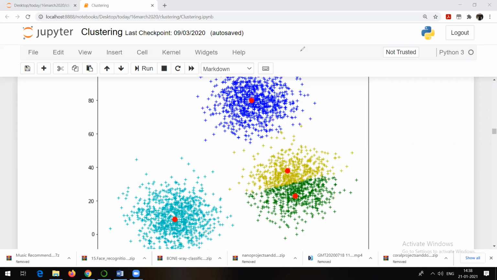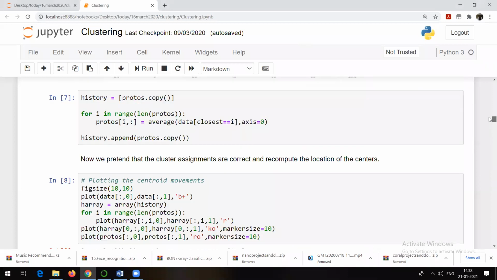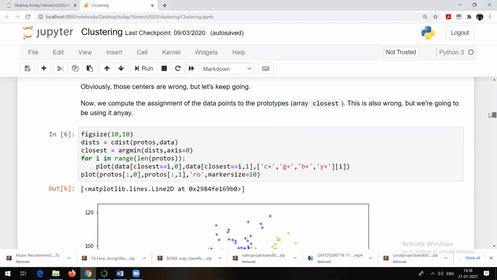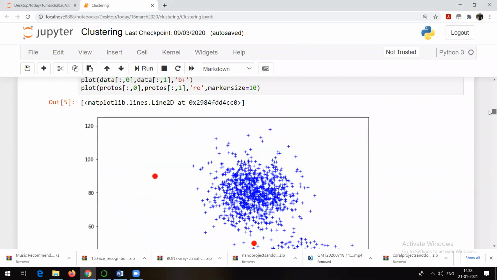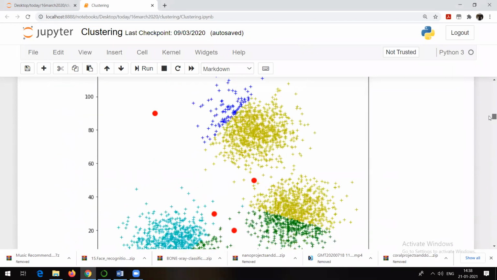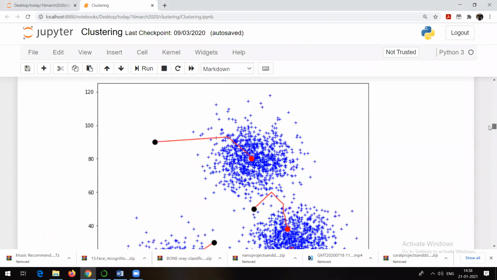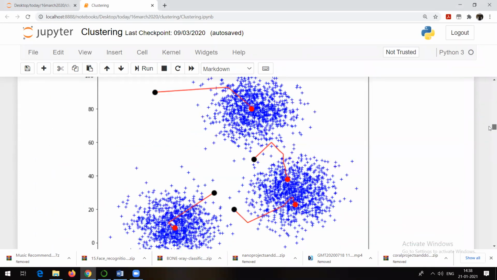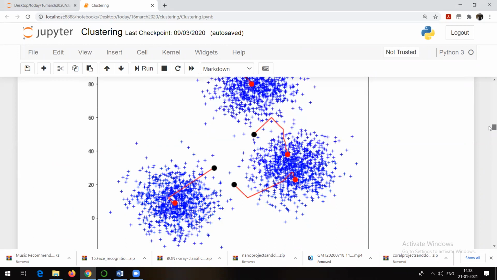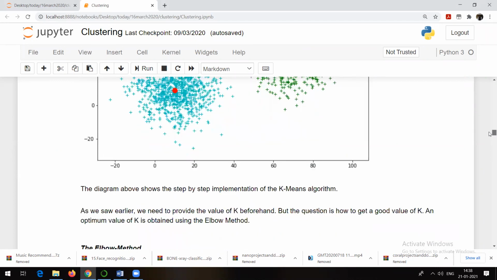This is how we see the working of k-means algorithm. The code you are able to see here is just to plot those kinds of diagrams. It has nothing to do with the algorithm implementation. The implementation of the k-means algorithm we will talk about today itself. So don't worry about this code, just focus on the diagrams to understand the working of k-means algorithm. These are the four clusters which we got finally.